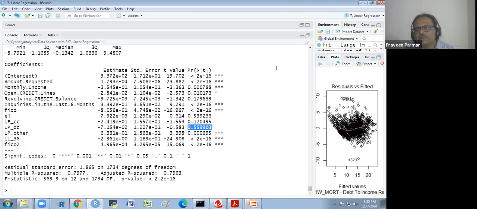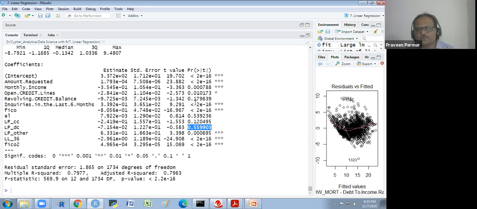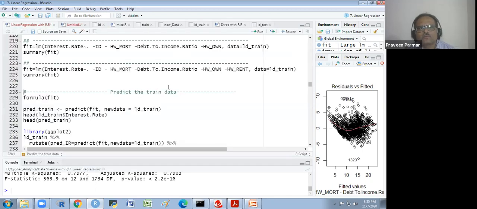But before that, I would like to show you the RMAC before removing this. Correct? Yes, sir. Then we will remove this one by one. Okay, the same process we will follow here. So it will reduce a few variables again.